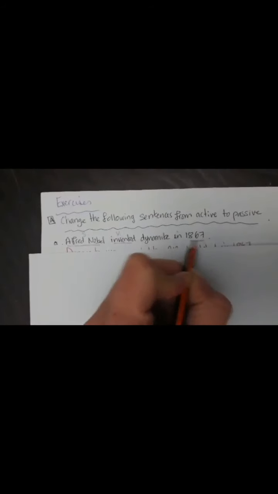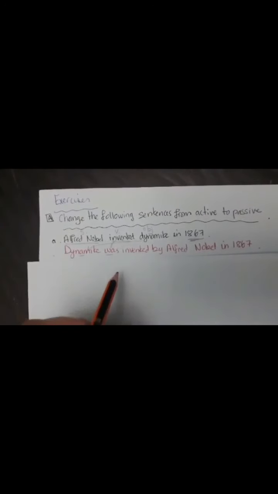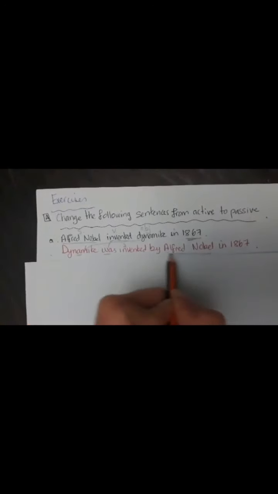Let's do some exercises. Change the following sentences from active to passive. Alfred Nobel invented dynamite in 1867. Alfred Nobel is the subject. Invented is the verb, which is in the past simple tense because this is the time in the past. Dynamite is the object. It's singular, so was, because the verb is in the past simple tense. Dynamite was invented, take the past participle form of the verb, by Alfred Nobel because it's an important person